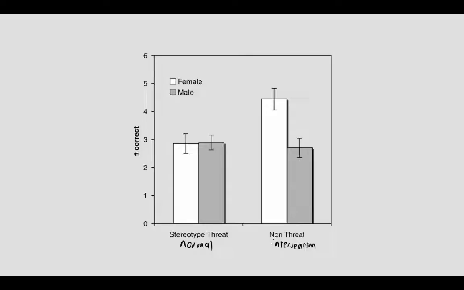Now that technique of telling somebody stereotypes don't apply here has not been vetted in very many settings. It seems to work in a single experiment situation here. It's unclear if it has any impact in a larger setting of a class or so on. And it's somewhat difficult to give honestly in many settings. So I wouldn't necessarily suggest that, but it is evidence that you can create an intervention that changes not people's awareness of the stereotype, nor how much the stereotype applies to them, but how much they believe the stereotype impacts their performance in the particular task at hand.